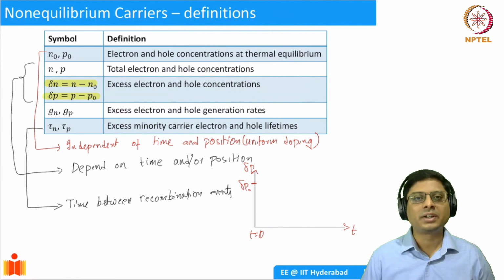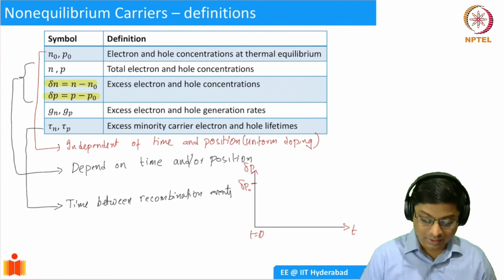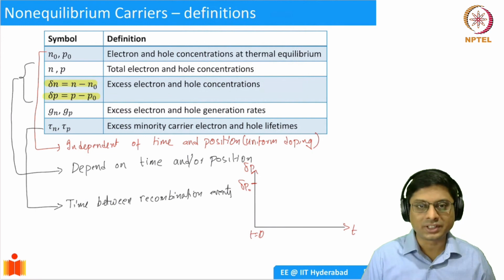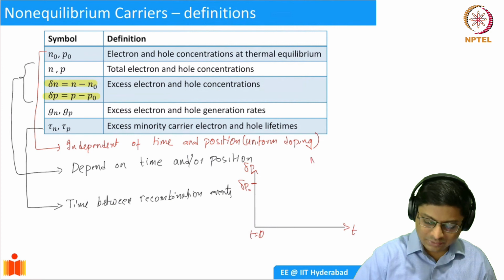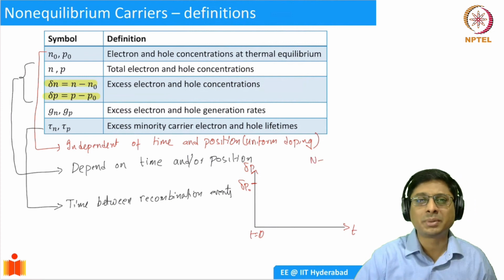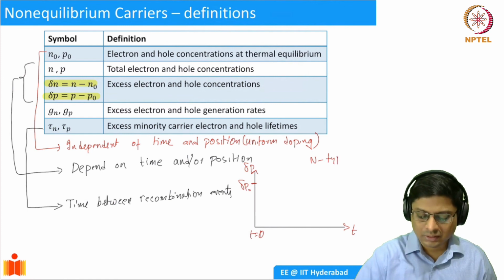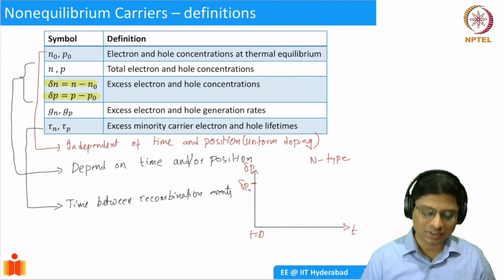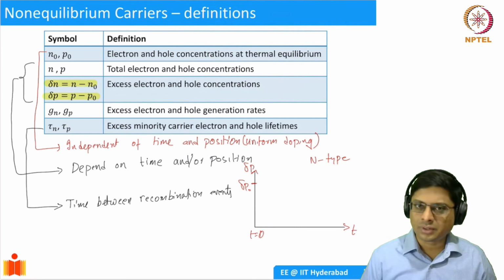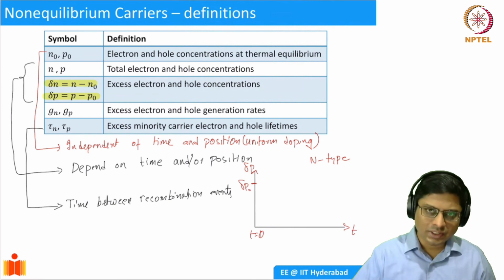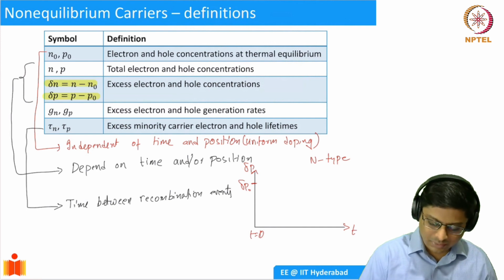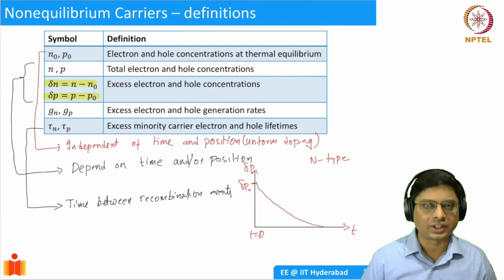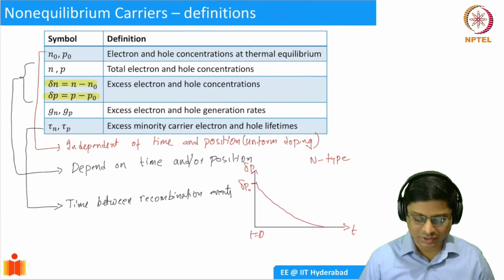By the way, here I'm talking of delta P, which means I'm taking an N-type semiconductor, because excess delta P in a P-type semiconductor doesn't really play a role, since it's a majority carrier density. But minority carrier density is important. So you introduce it somehow and then remove the stimulus, and it's going to come back. Right now you don't know what that function is, but towards the end of this lecture you will see that it is an exponential function.